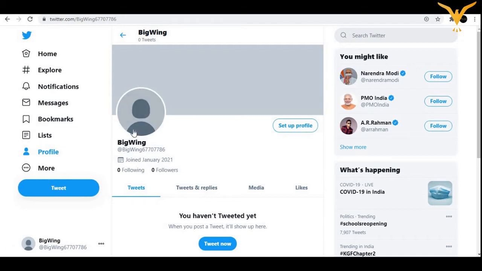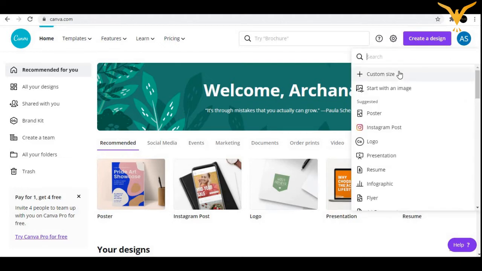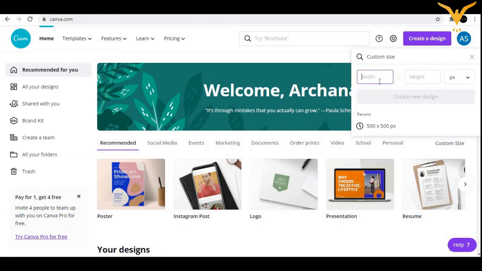You can just click here and upload that image. But what if you don't have a profile image? Don't worry, guys, we'll understand how to create that. We'll use canva.com for creating such things. Now we'll create a design, and the size for your profile image should be 500 pixel by 500 pixel. For example, let me click on create a design, custom size 500